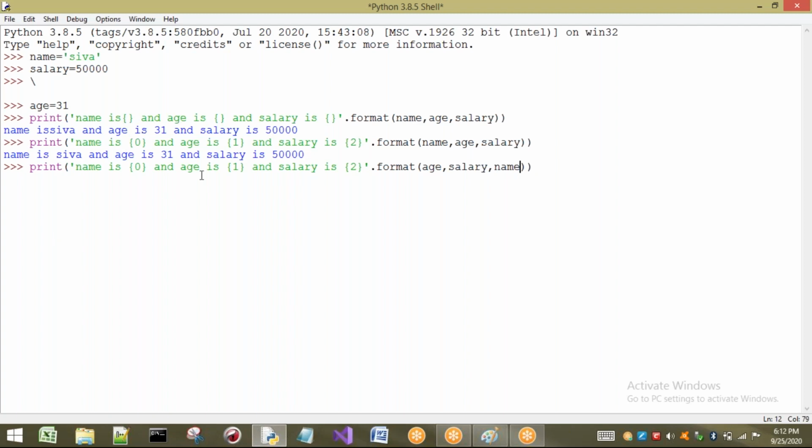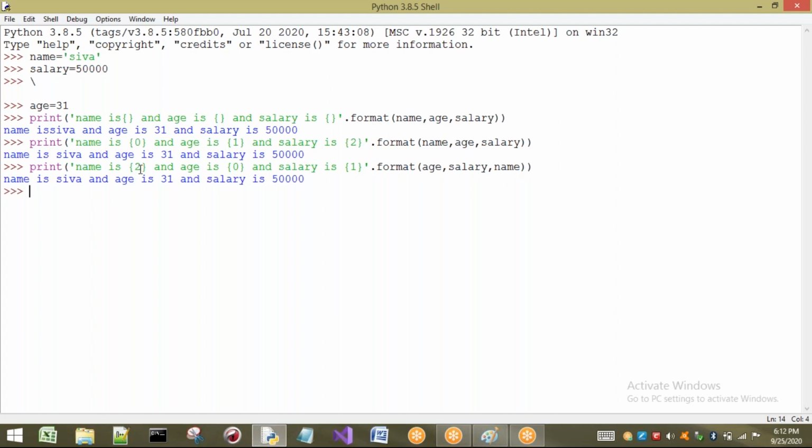So now see here, what are the indexes I can see? 0, 1, 2. If I write here 0, what happens? 0 means age will be taken. Here 1, it will take salary. Then it will take name. But what do I require here? I require a name. Where is name? In the second index. So here I have to write 2. Where is age? In the 0th index. So 0. Where is salary? As the second argument, the index is 1. If I execute this program, you will get the same output.